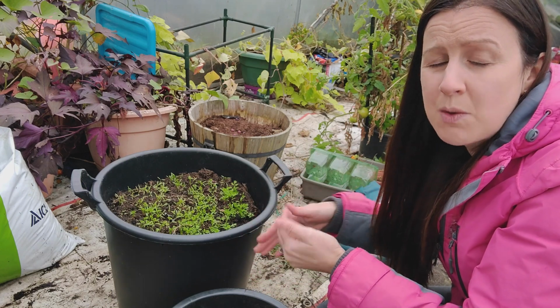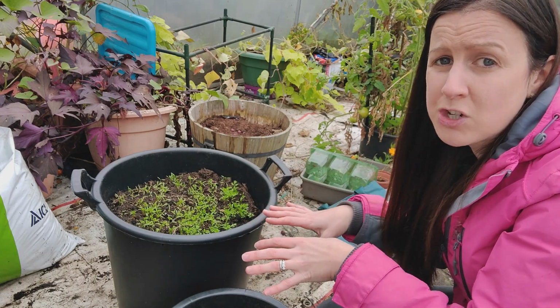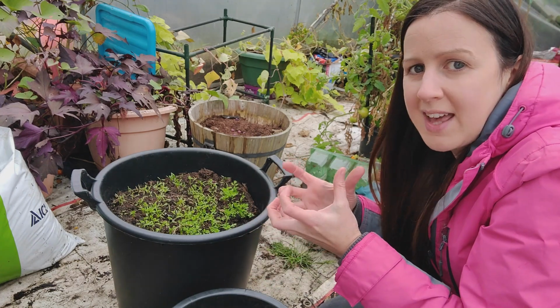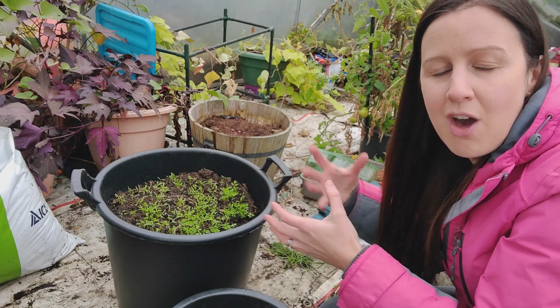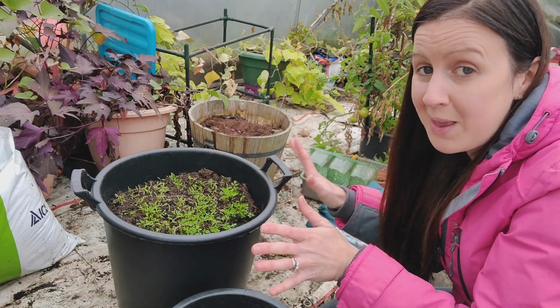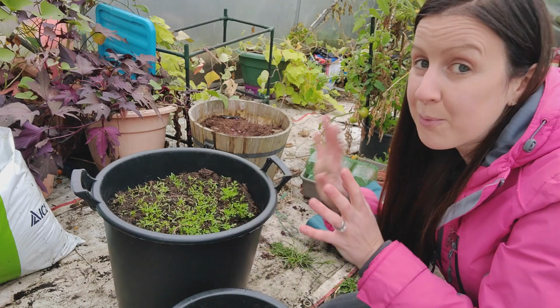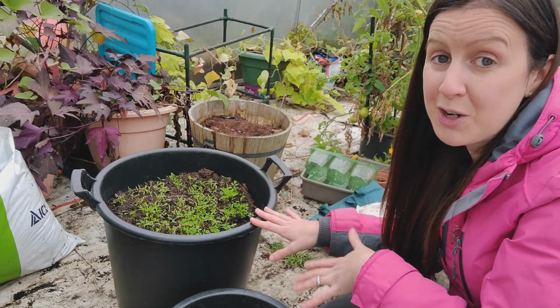But once we hit very low winter temperatures, they're not really going to grow anymore. They're just going to stay waiting until we warm up in early spring. So anyway, who knows how well these are going to do, but I'm really hoping, and I'm quietly confident, that I'm going to have a little harvest here,